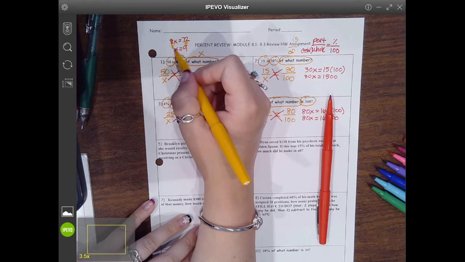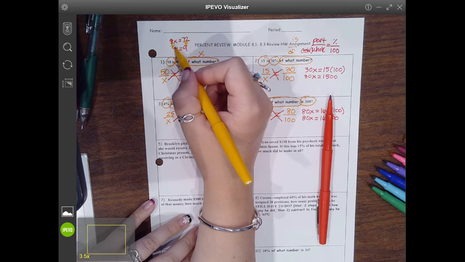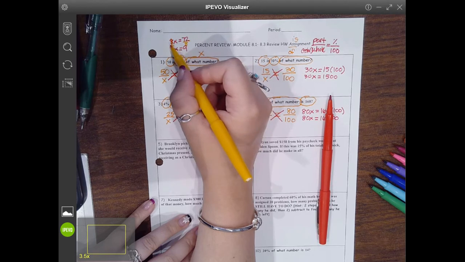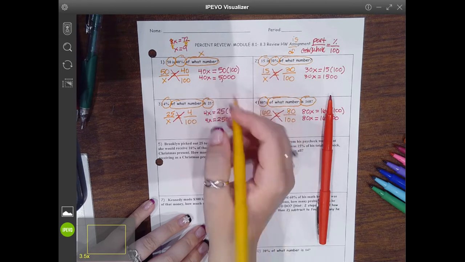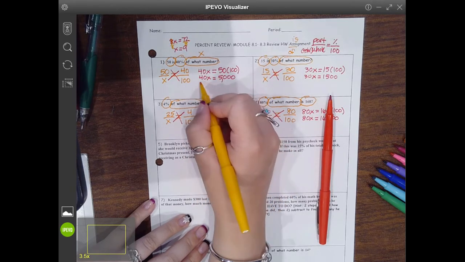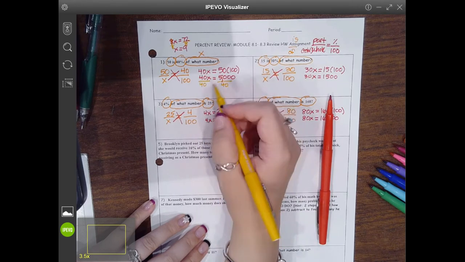So essentially, I divided by the number that was in front of the x, and I did that on both sides. Because when I divide something by itself, it's 1, and then you have 1 times x, so x is by itself. And then when I divide it on the other side, I'm left with the answer to whatever 8 times this number is equal to 72. Okay, so I'm going to divide both sides by whatever is in front of x, just like I did in that example up here. So right here, I'm going to divide both sides by 40,